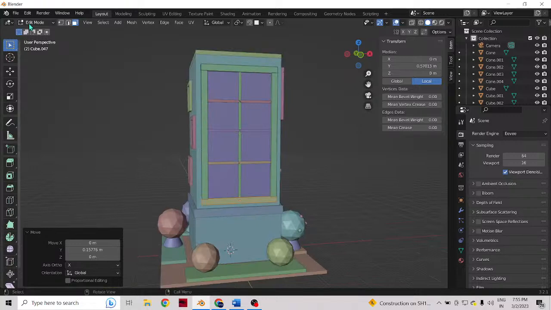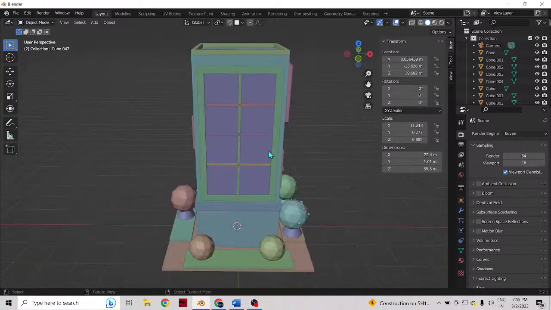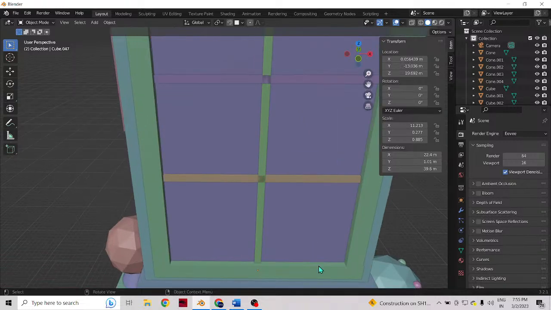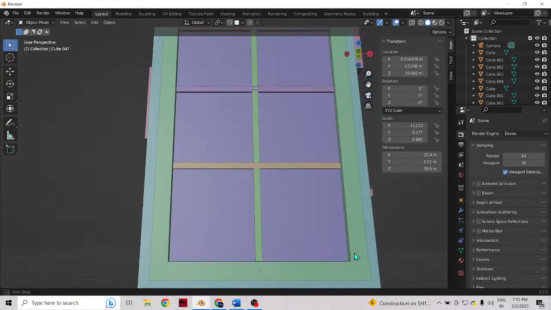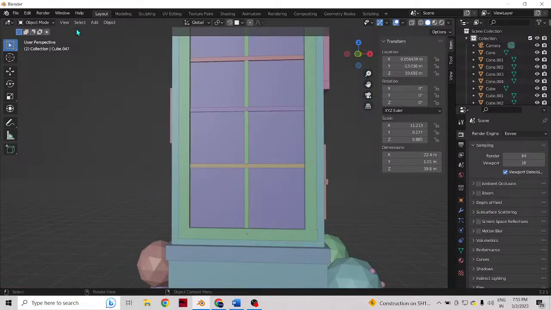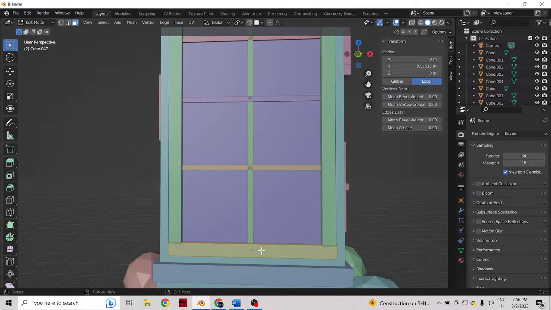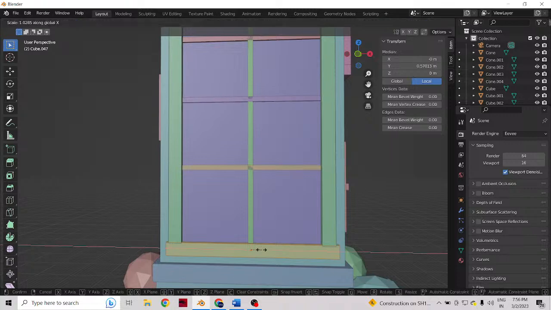Now what I can do is go from edit mode to object mode. Now if I see, things will appear fine. But still when we look at it, this scale is a bit out. So for that I am again going to the edit mode. Since the last object that I selected was this, the faces will be selected just like that. Here I'm going to reduce the scale in the x-axis a little bit, not so much, just a little,